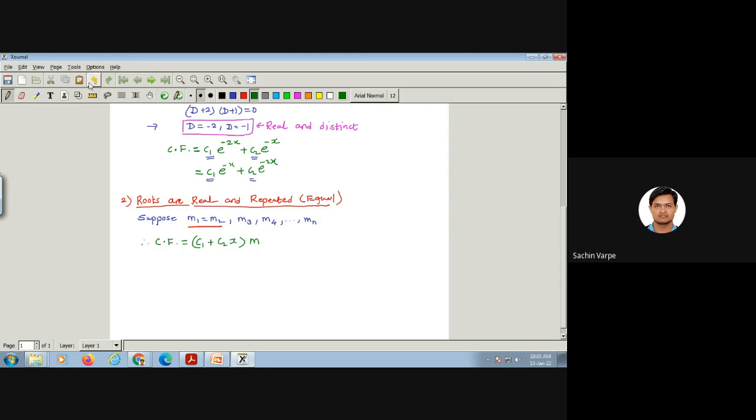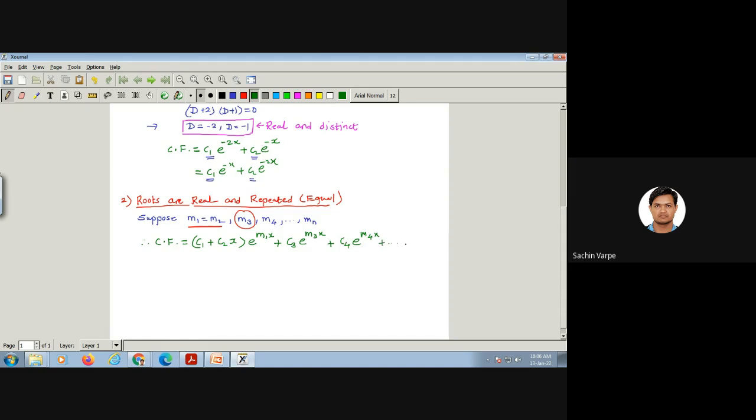Now, corresponding to the next third root, m3, the next part is c3 e to the power m3x plus c4 e to the power m4x